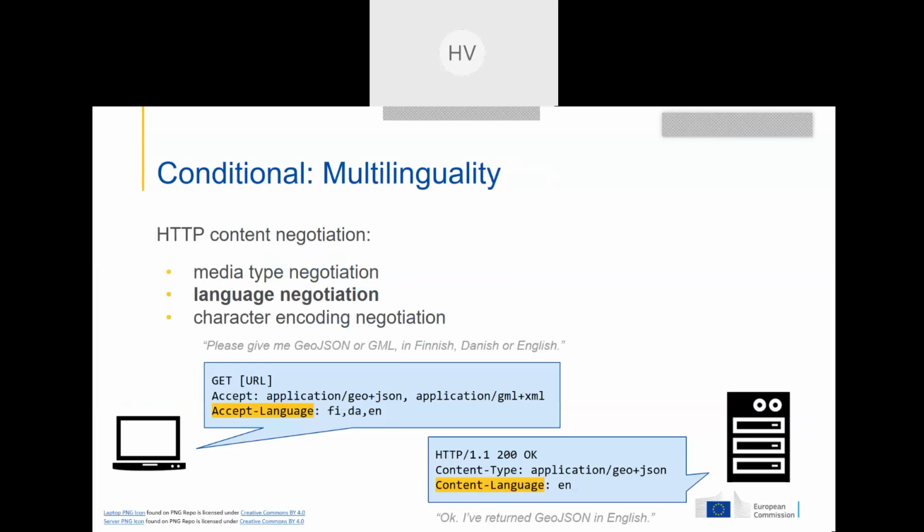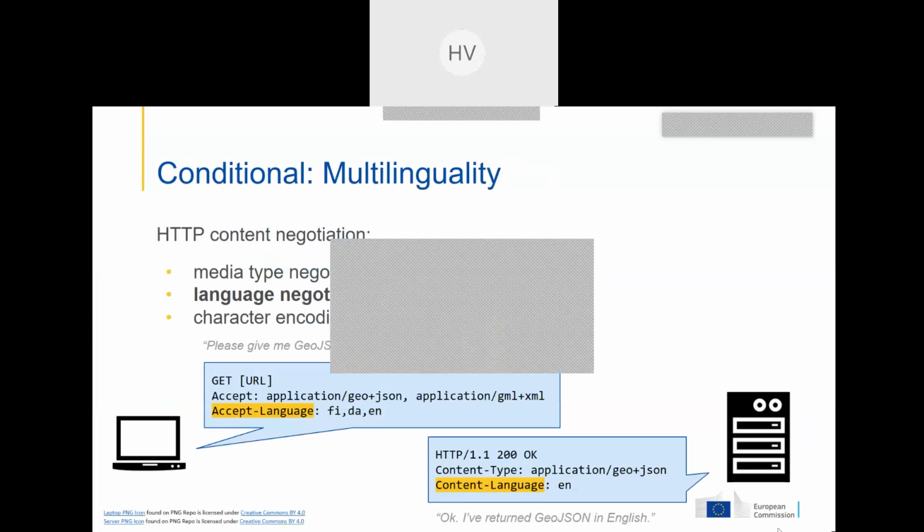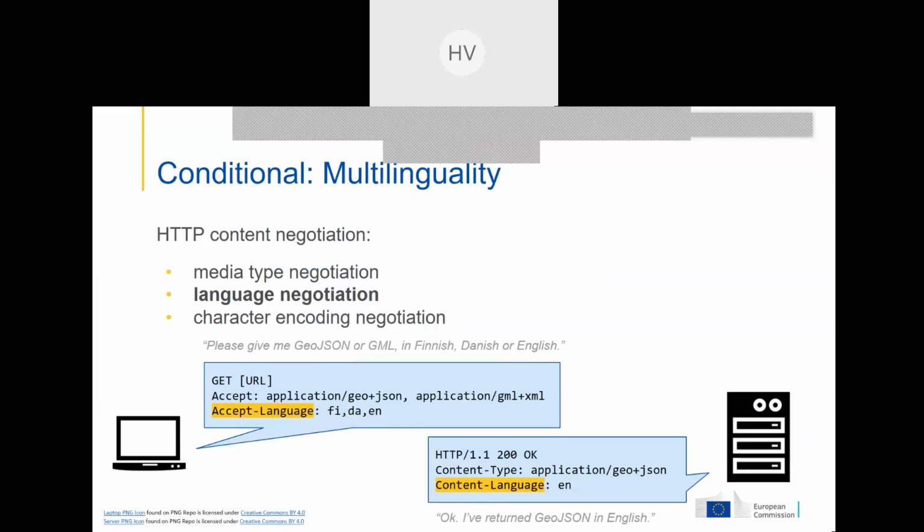There is a conditional requirements class on multilinguality. What we could see with the web feature service and also other technical guidelines was that quite some of the Inspire extensions to existing OGC standards that were needed were on this topic of multilinguality. So we really had a lot of thoughts on how we could use this.